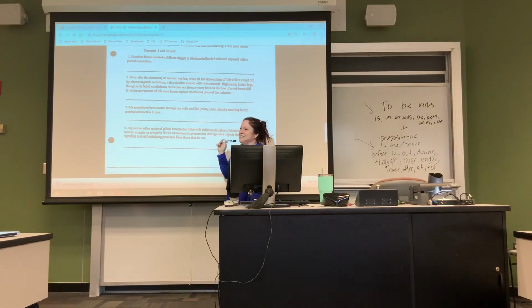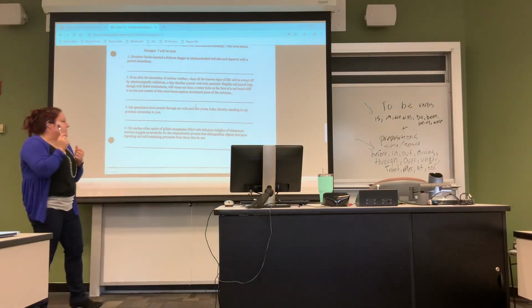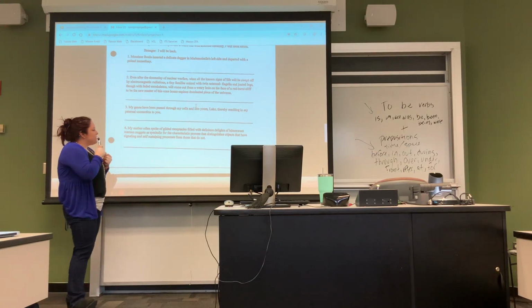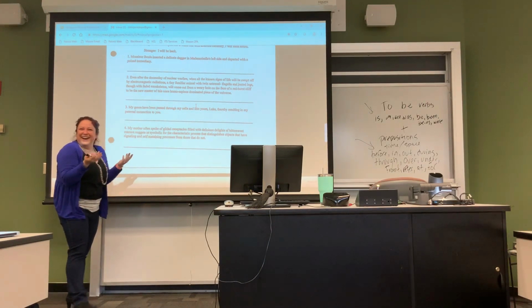I was really surprised on Wednesday night that one of the students got this right off the bat. Let's see if you guys can do it, because I've been teaching this method for 4 years, and nobody's ever been able to translate this one. My mother often spoke of gilded receptacles filled with delicious lots of brown maroon nuggets as symbolic for the characteristic process. Huh? Life's a box of chocolates.